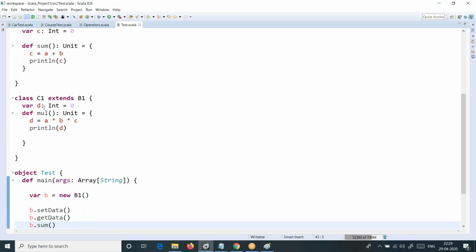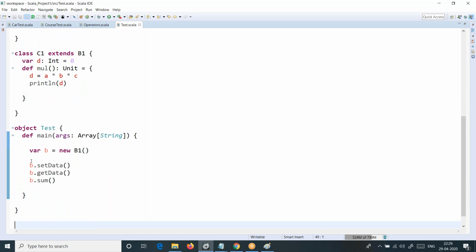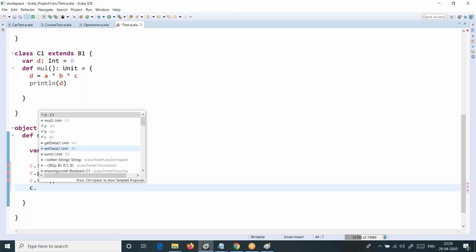So we take C class, we implement the method, implement the product, and print it there itself. And now create an object for which class, B class or C class? Create an object for C1. Then C dot set data, C dot get data, C dot sum, and finally C dot